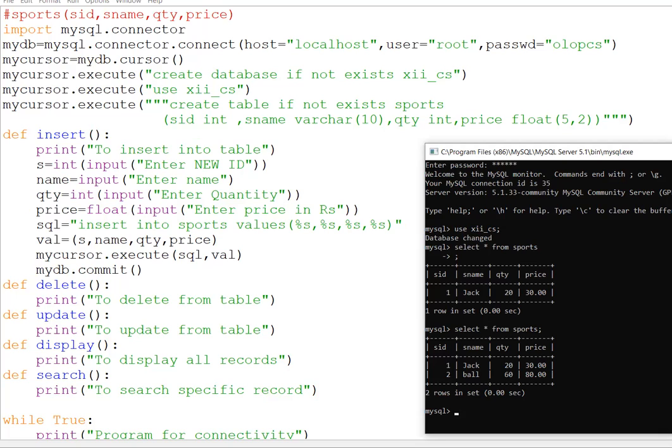You are writing it with create table, no? With create table, there is no need to write it. Because I want to take the input of the table name, the name of the table. Like here we have sports, right? And you are getting an error for this. Can you share this code so that we can do that practically?